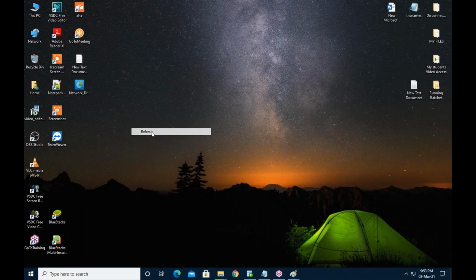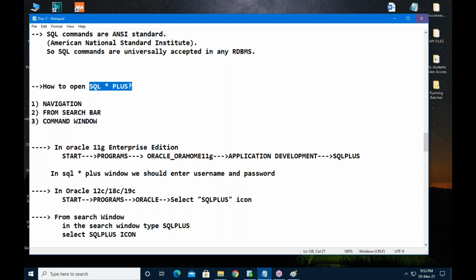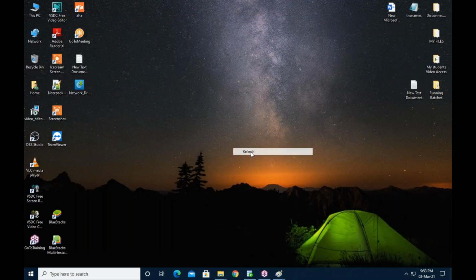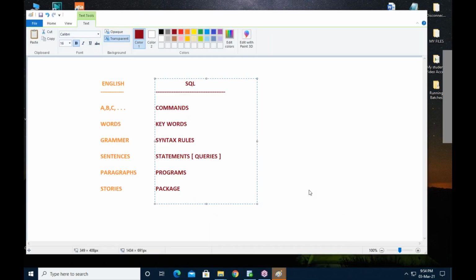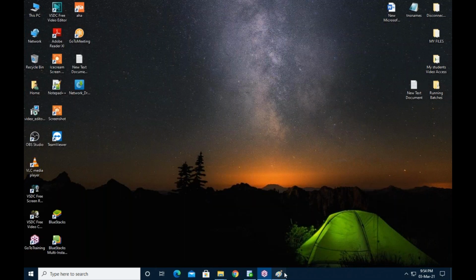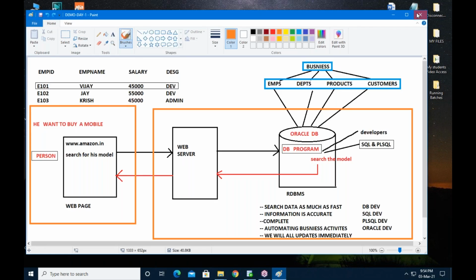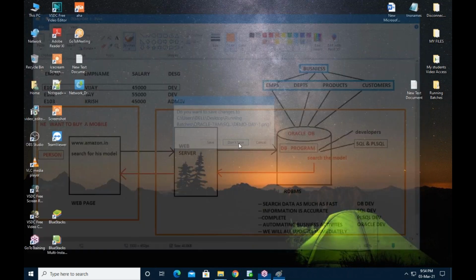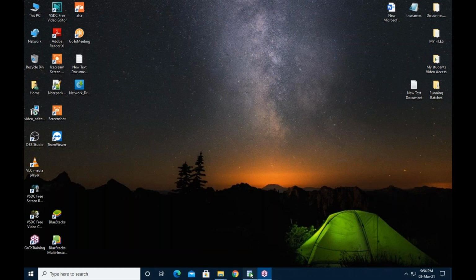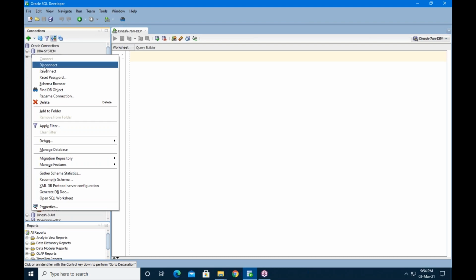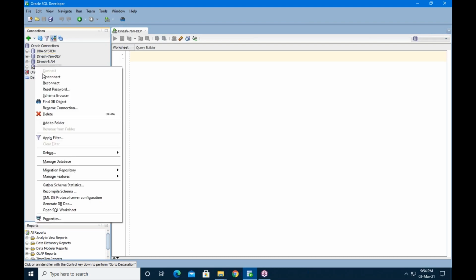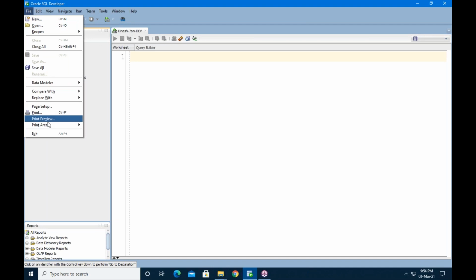Once we finish the installation part, I will explain how to create a user account and how to connect to the database. That's all for today about SQL Start Plus, the benefit of database, and what kind of programs you are writing. Tomorrow I am explaining how to create a user account.